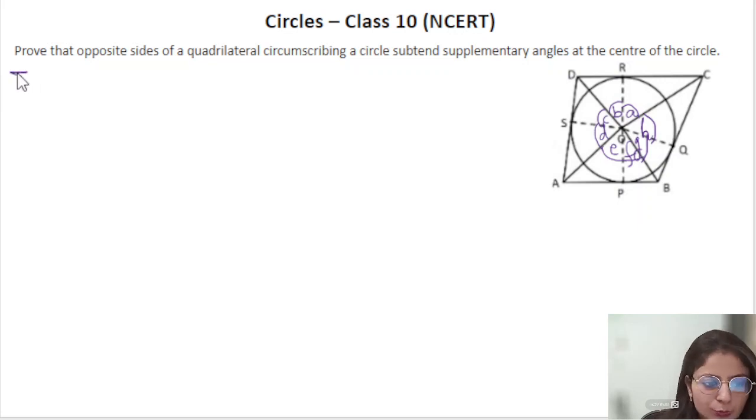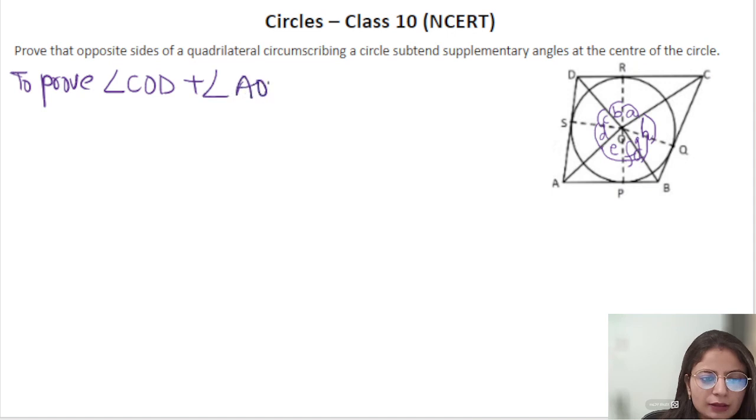So to prove: angle COD plus angle AOB is 180 degrees. Okay. Now to do this, consider these two triangles, triangle